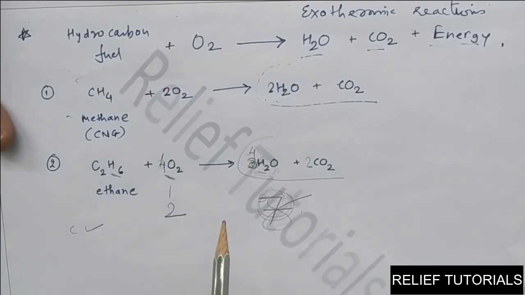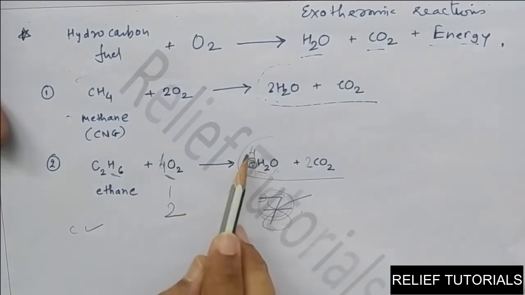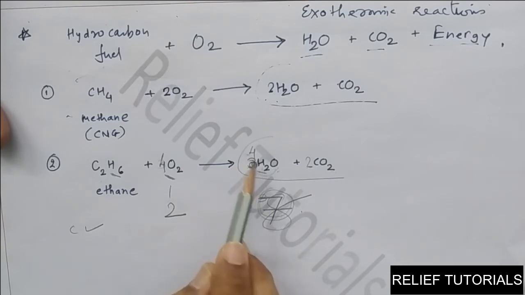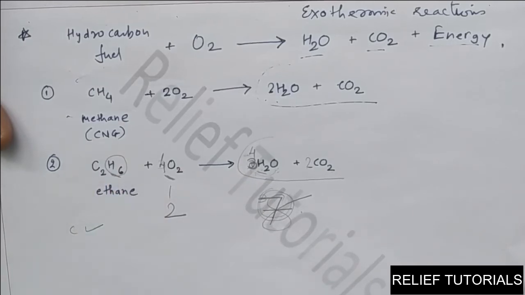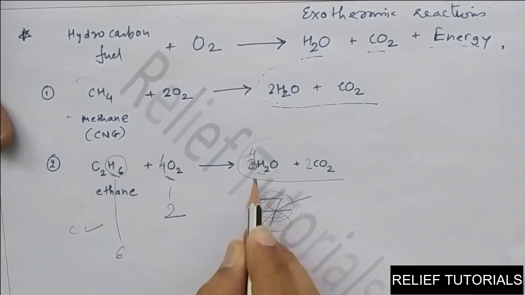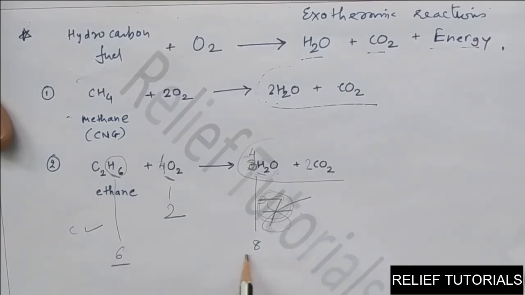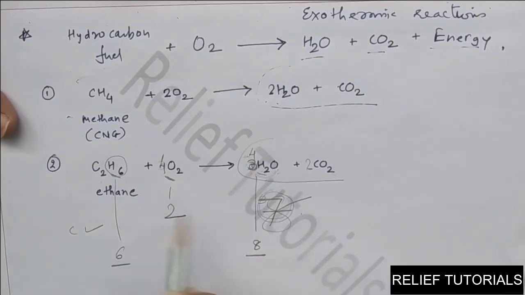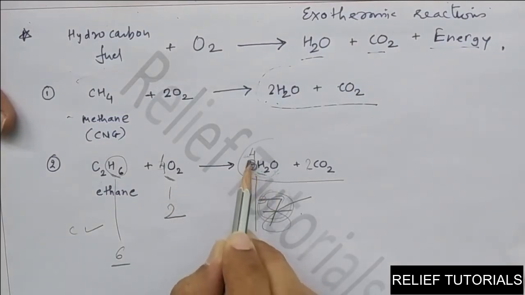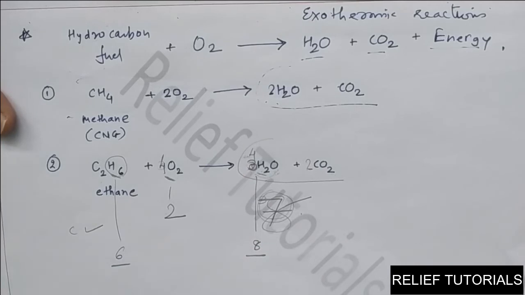But one more problem arises at the same time. When you write 4 here, hydrogen will be unbalanced. Hydrogen 4 2s are 8 here and here is 6. So hydrogens here are 6 and here is 8. Then how can you make them equal? Another question arises. So you have to take care of such a number here that we make the oxygen even, and hydrogen should also be easy to maintain.